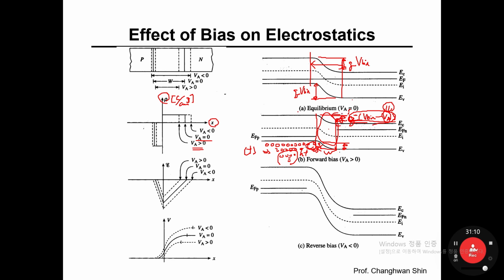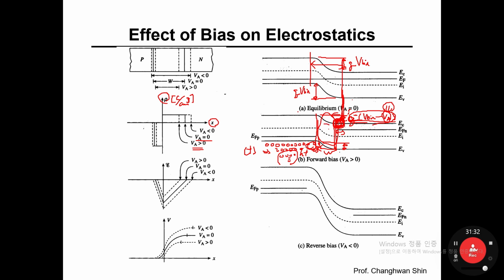So comparing the depletion width at thermal equilibrium and the depletion width under forward bias, this difference, or this area, would be filled with more electrons because the electrons would see a lowered energy